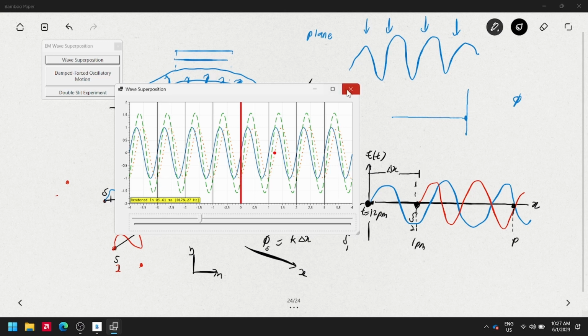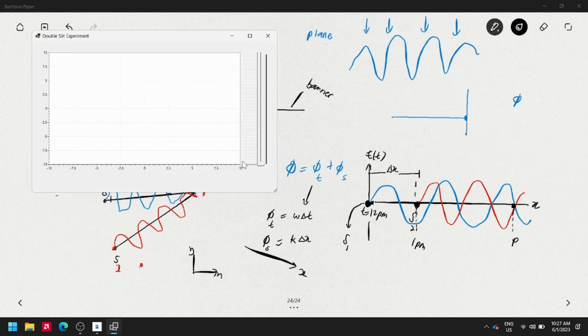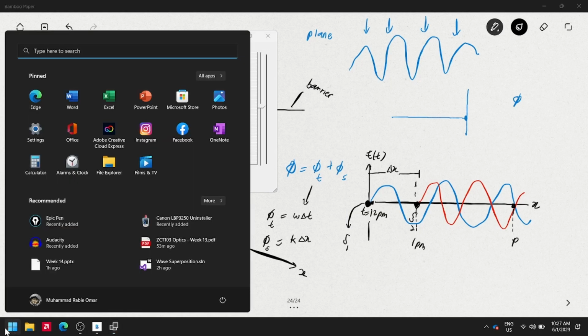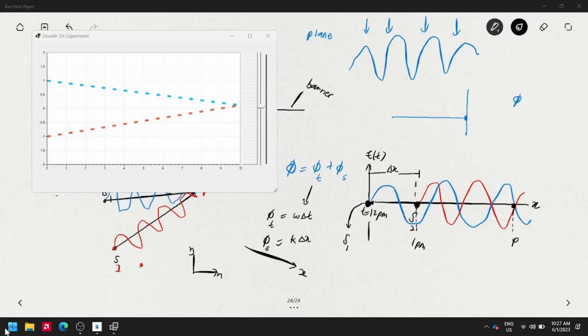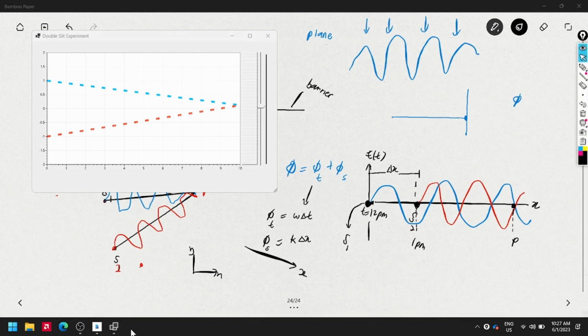Okay, for example, we close this one for a while, and then I have my double slit experiment over here. I hope you can relate this. As you can see here,